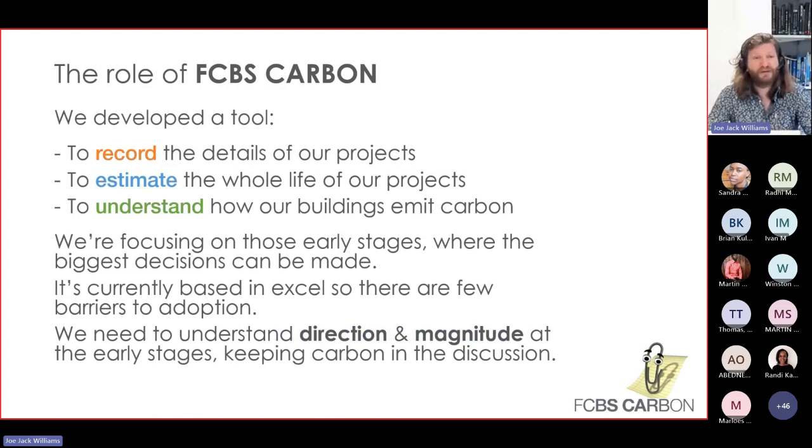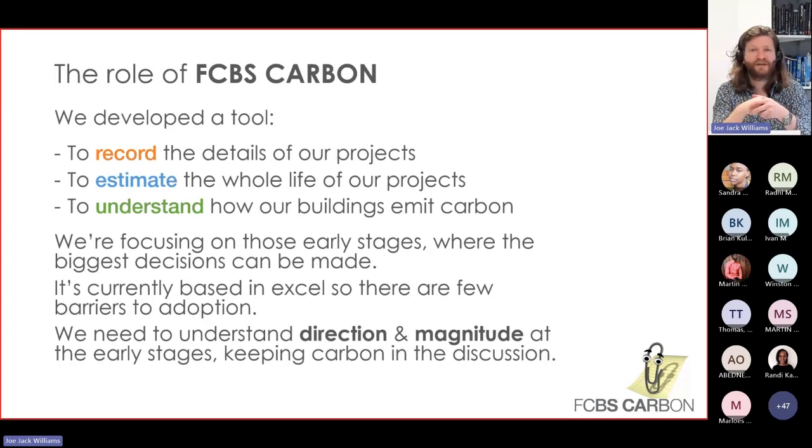And it's really about helping us record it. It's really helping us estimate it. It's about understanding how our buildings emit carbon. So I spend all day talking about carbon. Lots of people don't. More for them. They should get on the ride. It's all good fun. But getting those ideas in, and part of the design intuition, it takes time. And what I wanted this to be is a live design tool, so people can design around it, build it quickly, get a rough answer, make a change, and see if it's going in the right direction.